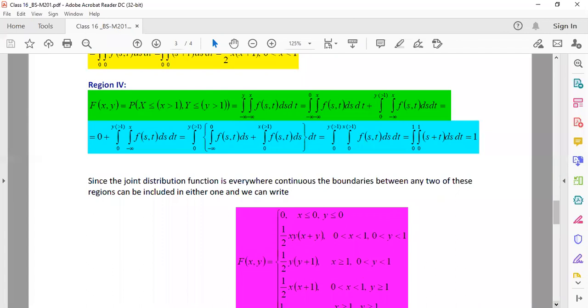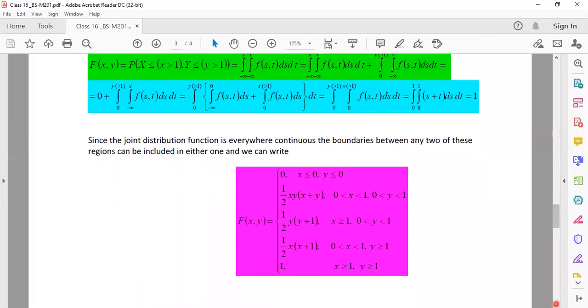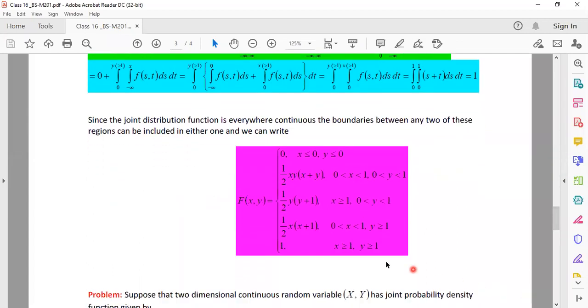And after this, we write the distribution function, because at the end of the day we are dealing with the function, so we have to write it in an appropriate way. We write the distribution function in the following manner, and whatever results we got, we have tabulated for the corresponding ranges. For x less than 0 and y less than 0, we got 0. And for this range, we got this probability, and so on. So this is your distribution function.